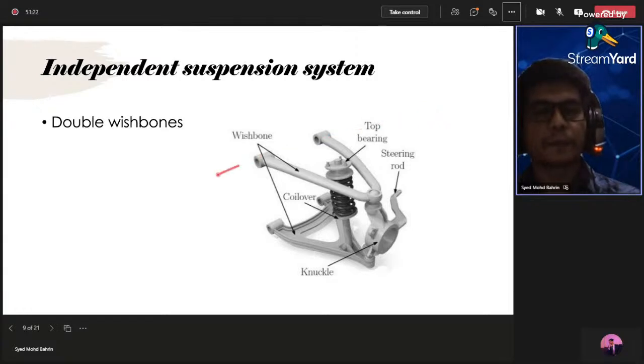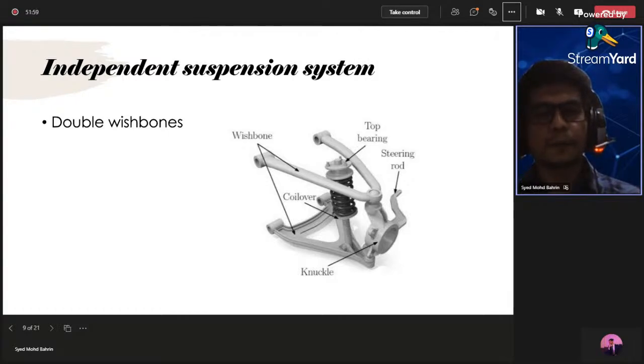Okay, and we can control the performance by means of the length of the wishbone here, the arm here, and we can also control the performance by means of the angle of the arm here. By controlling that, we have a good effect in terms of handling and also comfort. But we don't really get both at the same time, but at least we have a good performance in the sense of slightly good comfort and slightly good handling, because remember